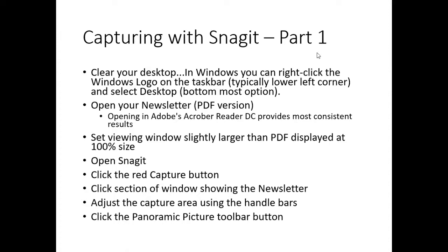And in the screen captures that I'll have for you guys, I'll also have what the different options are, but the default options should work perfectly fine for you. When you click the red capture button, all right, you'll receive crosshairs, and the window you'll see will noticeably change. And what the system's allowing you to do is select the area within the window that you want Snagit to focus on. So you want to click on the area that's holding the main view of your PDF, and that